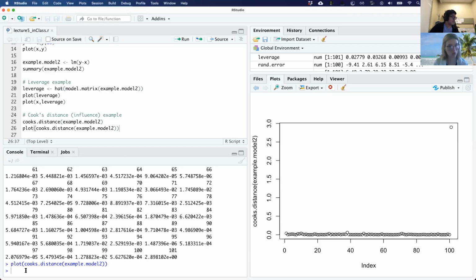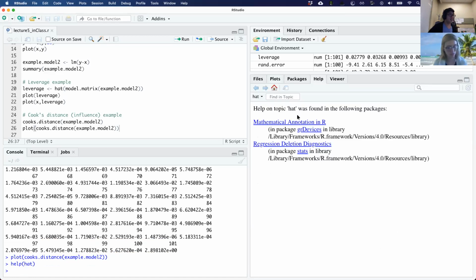Oh, I do see a question coming in. Is the hat, quote unquote, hat a dedicated function for leverage? Yeah, that's exactly right. That's what that hat means. And actually, let me jump back to RStudio for a second. If we look at the help function for the hat function, it will tell us